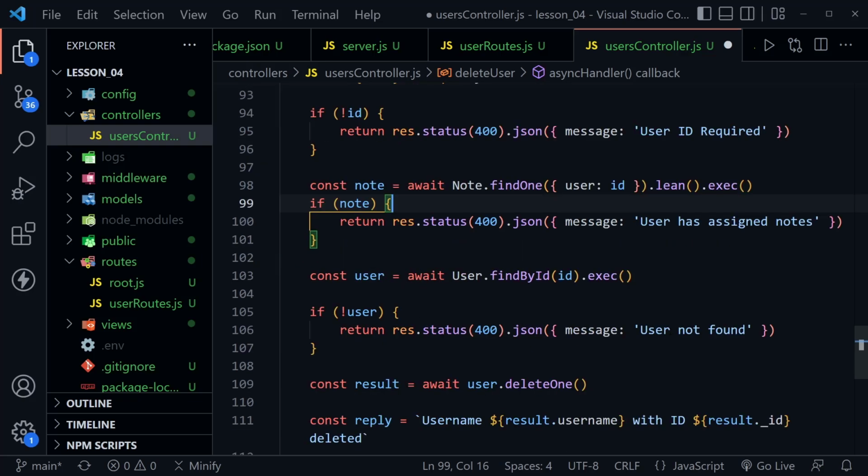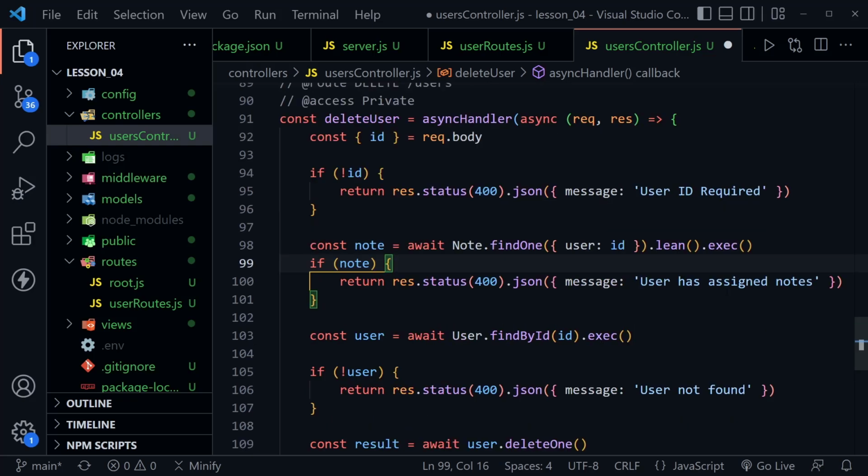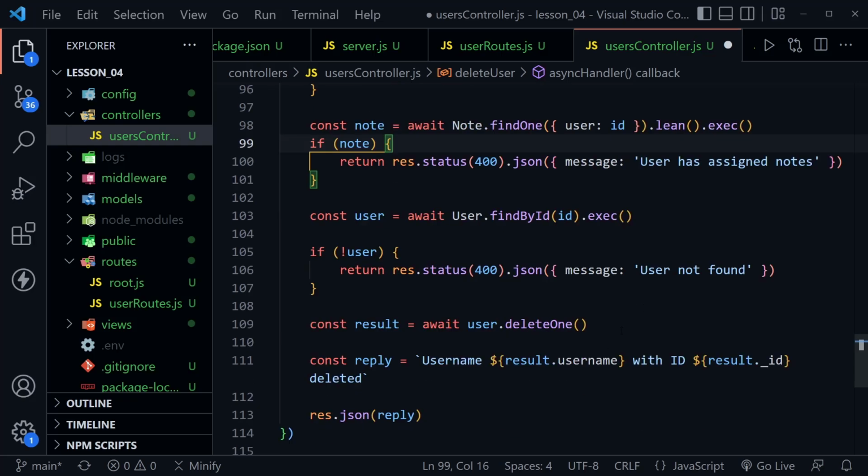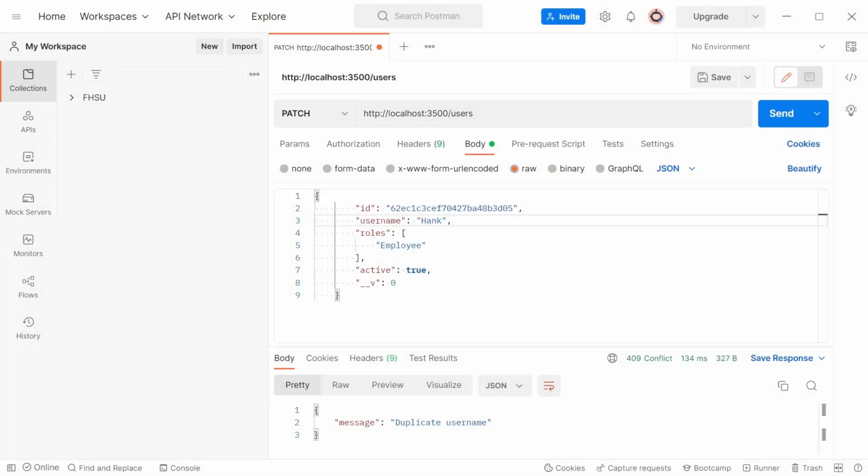Now we also might get a user not found if we send an ID that doesn't exist, but we can't check this user has assigned notes now. We'll have to wait until we create the notes controller. So we're really just going to check to see if the user ID is required or the user is not found, and then we're going to make sure it can delete a user as well. It looks like I need to save that change, and Nodemon will restart our server, and now I'll pull Postman back up,